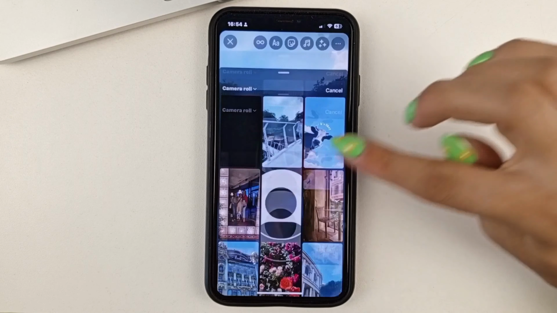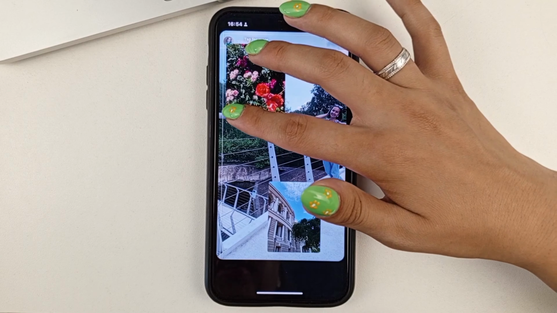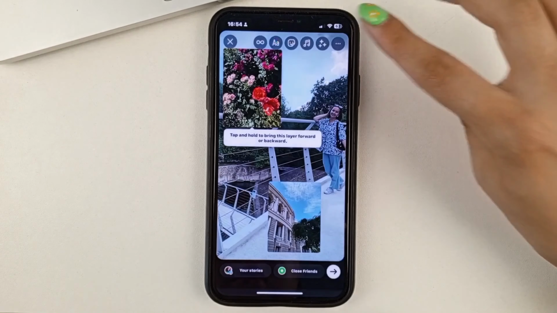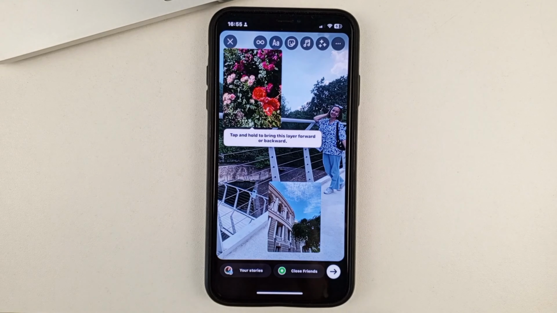And also you can do more than once. Choose the photos that you like. After you choose all the photos, you can click on the arrow in the bottom right corner to put this story with several photos in your profile.